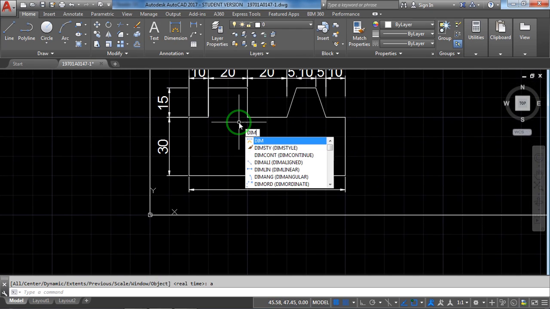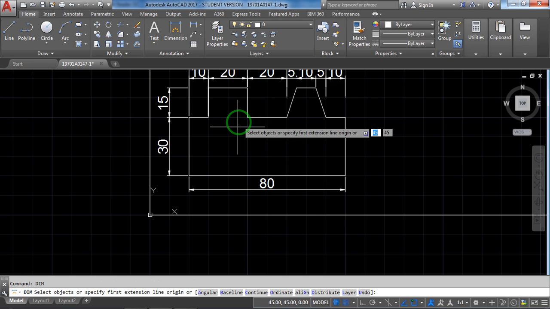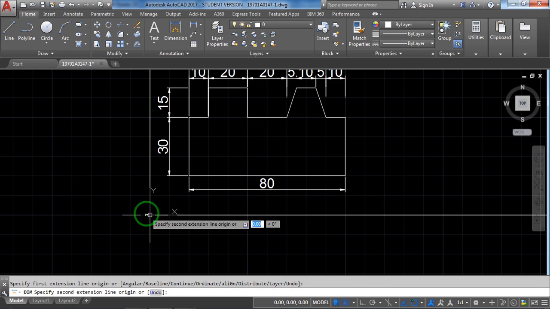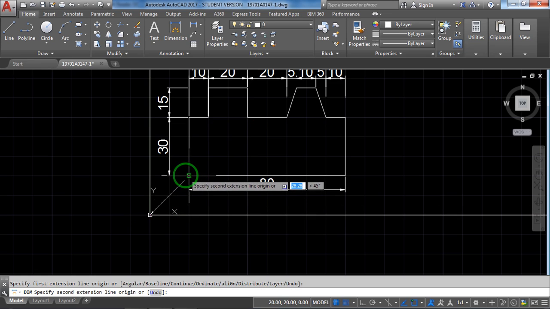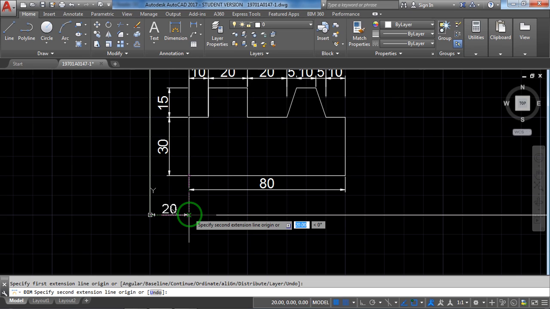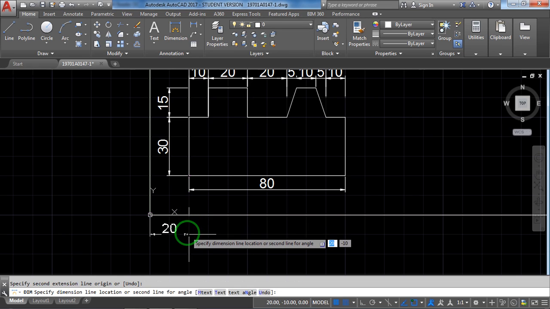Same dimension continuous. First one from starting point, second point, right? Just select there, take it a little bit down so that 20 is clearly visible.